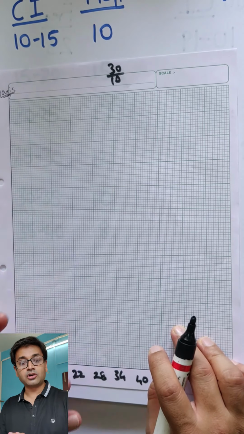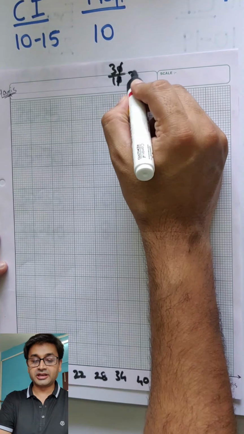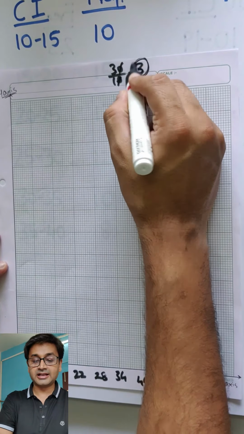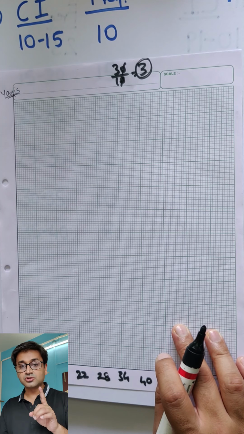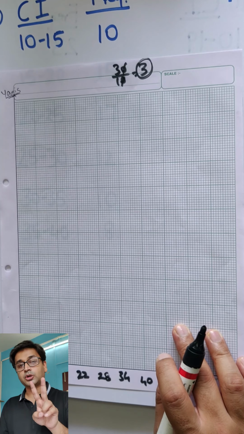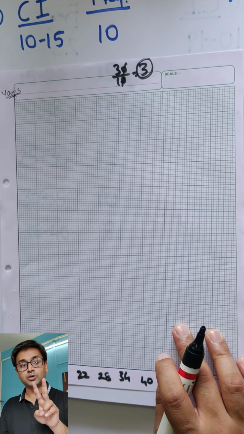Try to use 10 blocks, not more than that. So I can take 3 as my unit over here: 3, 6, 9 and so on. Are there enough multiples of 3? Possibly yes, but to divide 3 is going to be a task. So can I take 2? If I take 2, maximum 30, that means I'll need 15 blocks. But on a sheet of graph, you just have 12 blocks vertical. So I can't take 2.